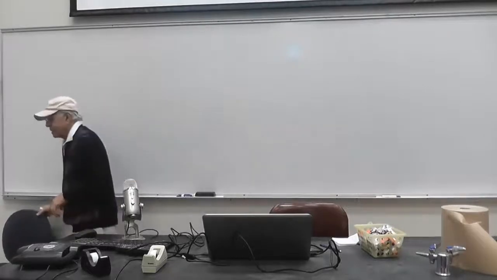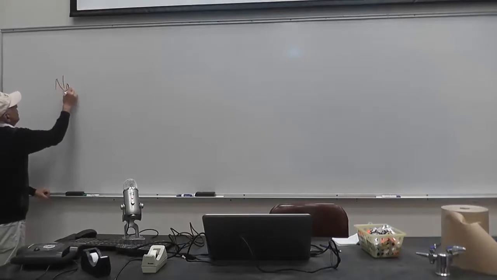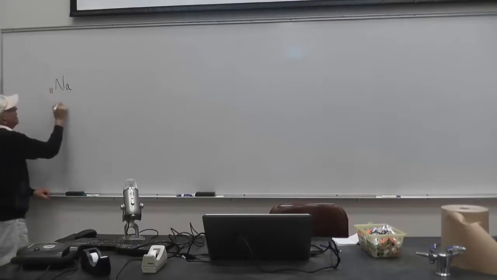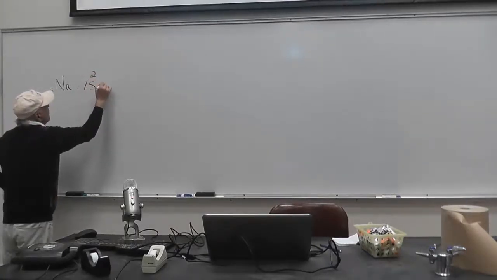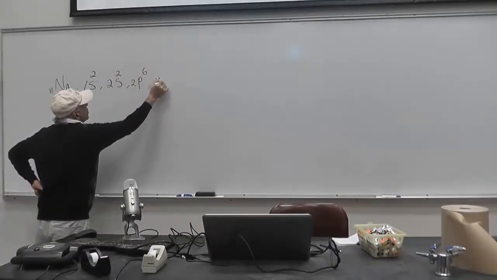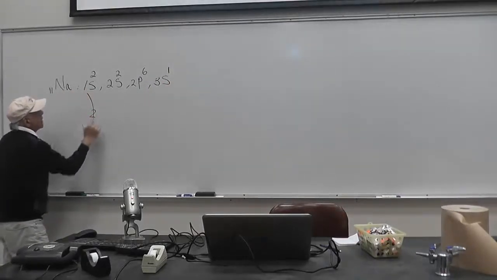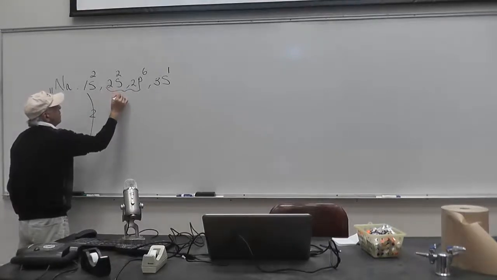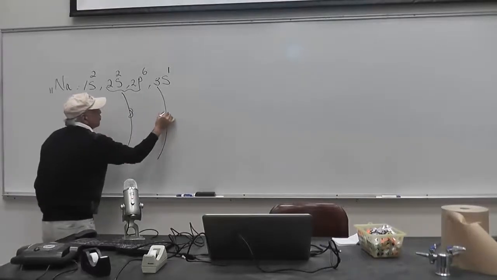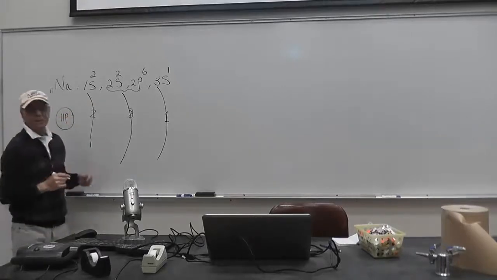Last time you saw how reactive sodium metal is, yes? And when we said sodium metal, how many electrons in sodium metal? Help me please. 11. And then we wrote the electron configuration 1s2, 2s2, 2p6, and 3s1, right? There are 2 electrons on the first shell, 8 electrons on the second shell, and on the third shell there is 1 electron only. And there are 11 protons in the nucleus. So this is the atom of sodium,